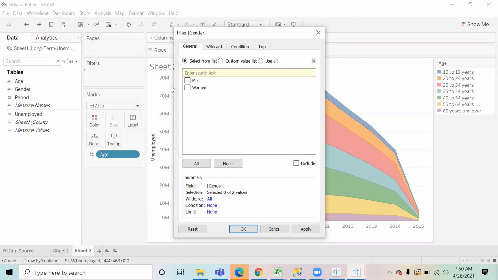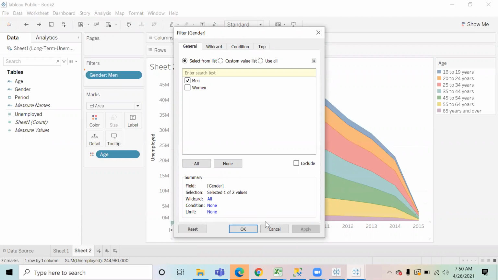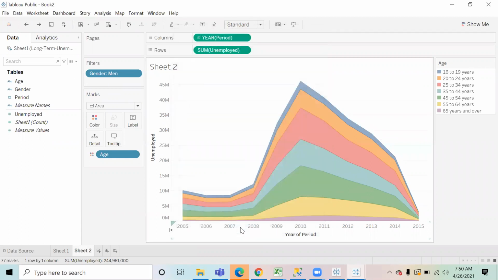Now it is saying men and women. So I select men and I click on apply and OK. Now this chart has got filtered and is just showing me the data for men in the different age groups.